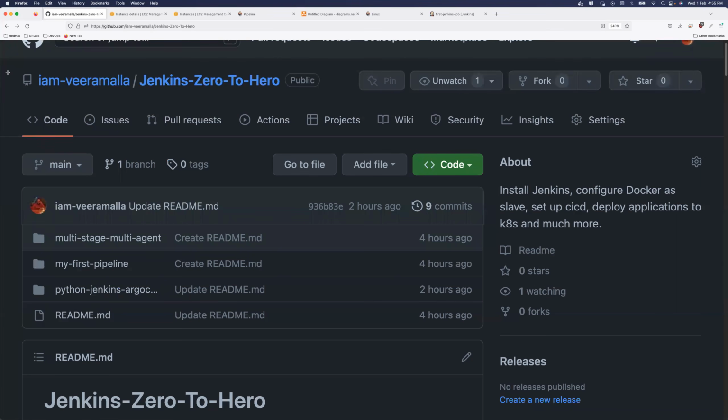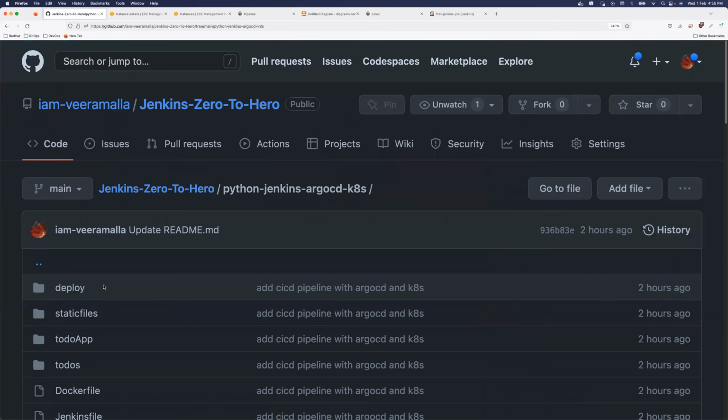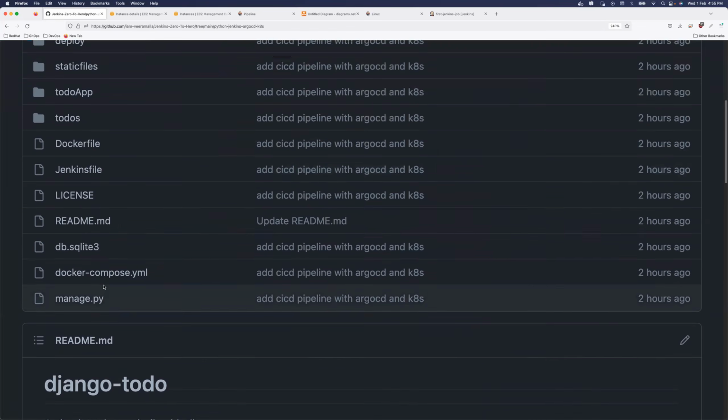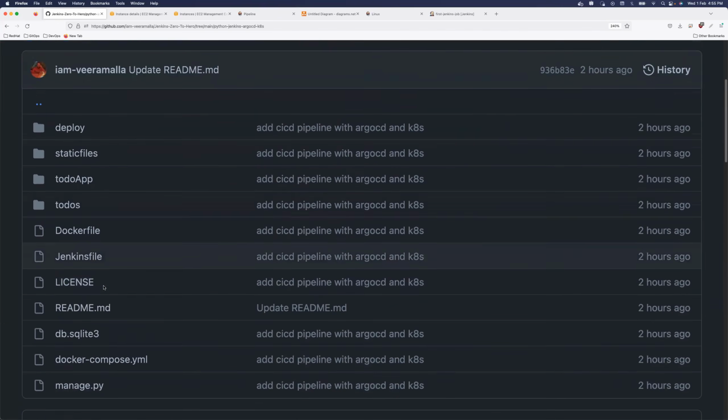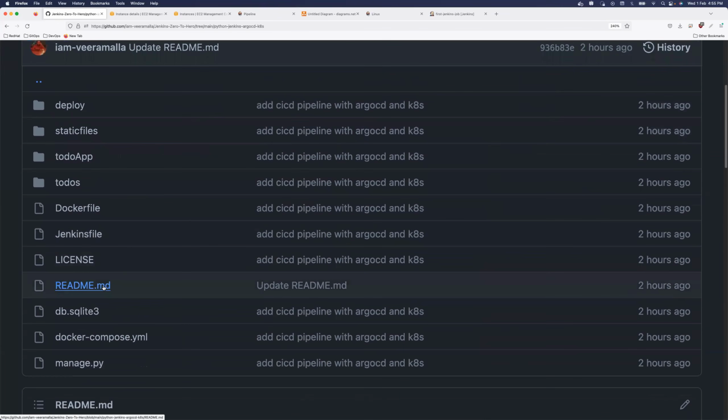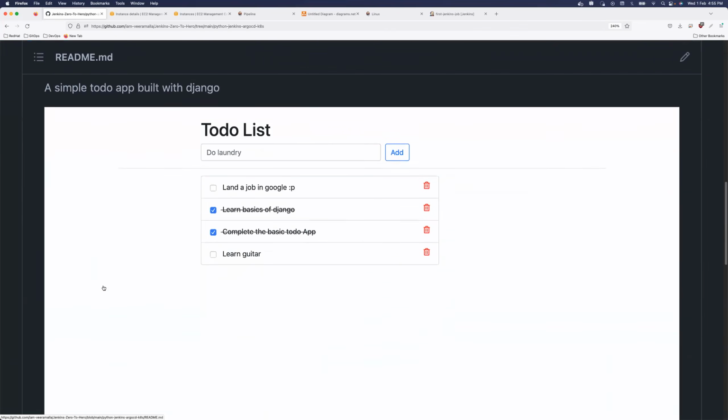Now we'll come to the complicated topic for today, that is how to set up CICD. We'll use the CICD flow. In this case, I also wrote an application. I mean, I just used an existing application. I did not write it. So this is my existing Python application. If you watched my previous Kubernetes videos, we used a to-do application. So this is my to-do application, and